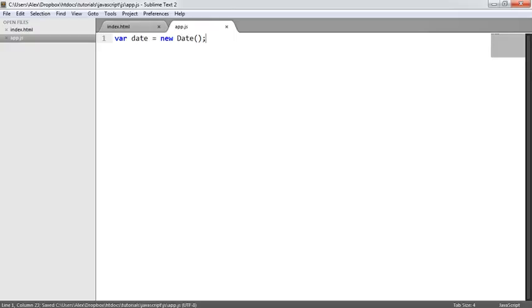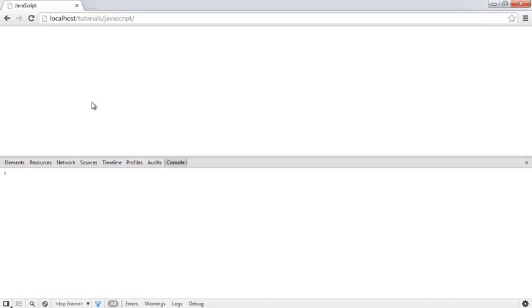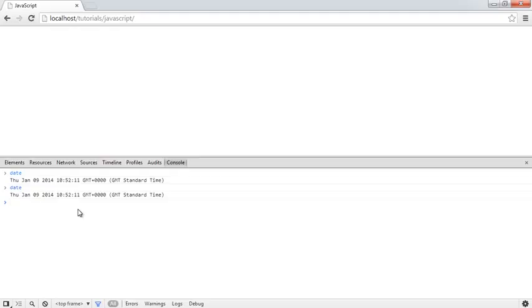So now that we've got this date variable created, let's take a look at what we can do with this. I'm going to type in date, and you can see that this will automatically return us a human-friendly version of the date. It gives us the date, the time zone, and then a sort of textual representation of the time zone. In this case it's just GMT standard time, and we've got Thursday, January the 9th, 2014, 10:52 and 11 seconds. If we were to call that again, obviously that's going to change again. If we look at that, see, it says 52:40 now,